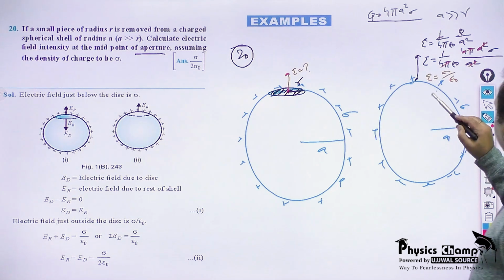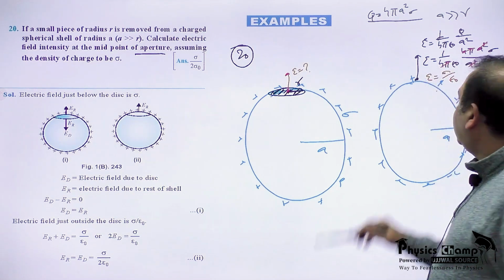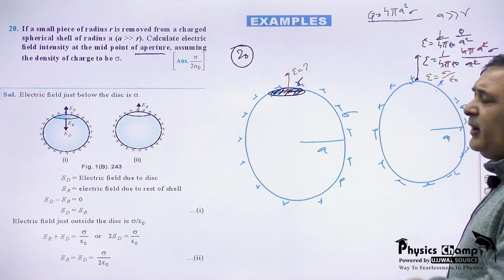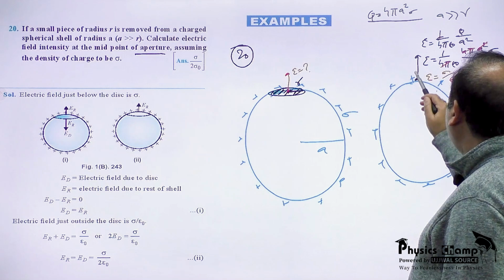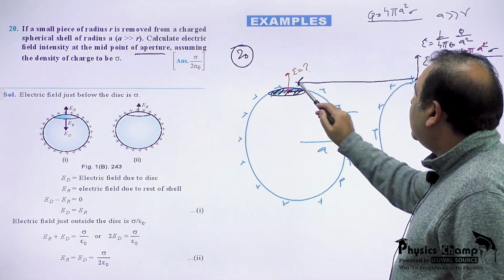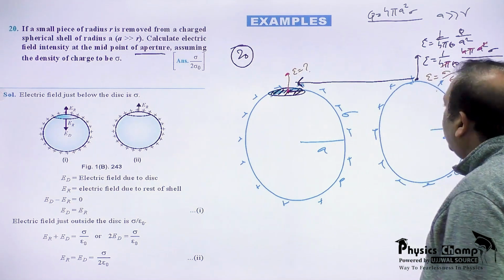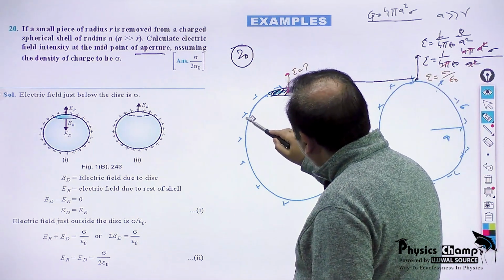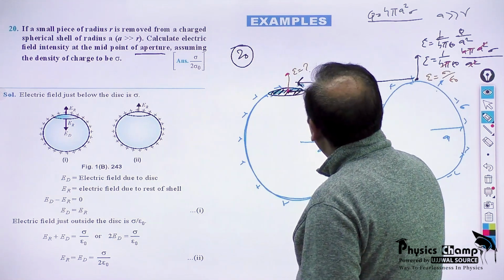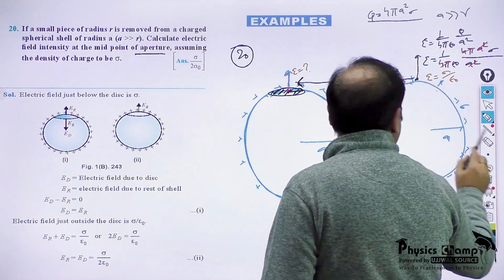So the electric field just outside is what? Sigma by epsilon naught. If I treat this electric field, which is sigma by epsilon naught here, as due to two reasons, and these two reasons are, one is the electric field due to this part which is charged, it will provide an electric field here, and that is